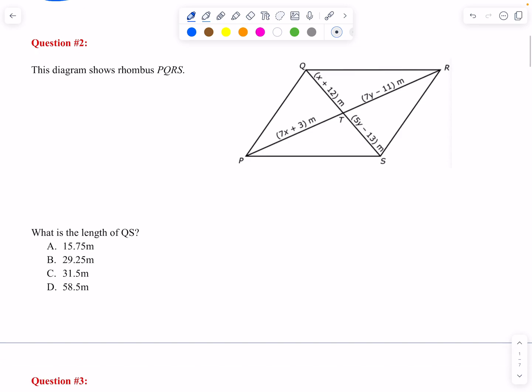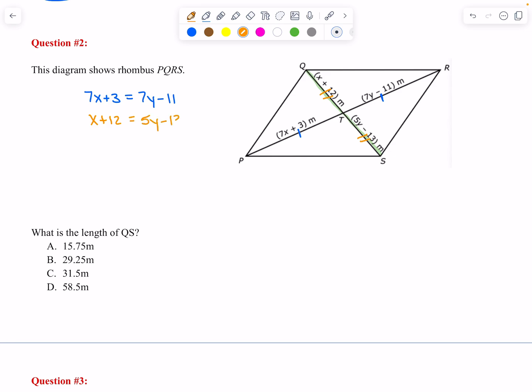It says this diagram shows rhombus PQRS, and we want to know what is the length of QS. So again, QS is this whole diagonal of the rhombus. And we know in a rhombus, it's a parallelogram, so the diagonals bisect each other again. So those two pieces are congruent, and then QT would be congruent to TS. So let's set up the blue ones. So I'm going to say 7x plus 3 is equal to 7y minus 11. And then also x plus 12 would equal